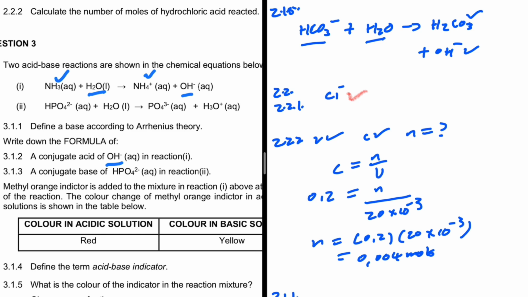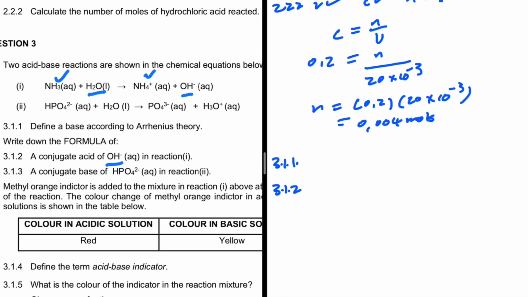And then the OH minus, it's a base because it's what is left after an acid has donated a proton. So a conjugate base to OH minus in reaction 1 is H2O. That is 3.1.2, not 3.1.1. That is 3.1.2, H2O. Right. And then now 3.1.3, write down the formula of a conjugate base of HPO4 to the 2 minus